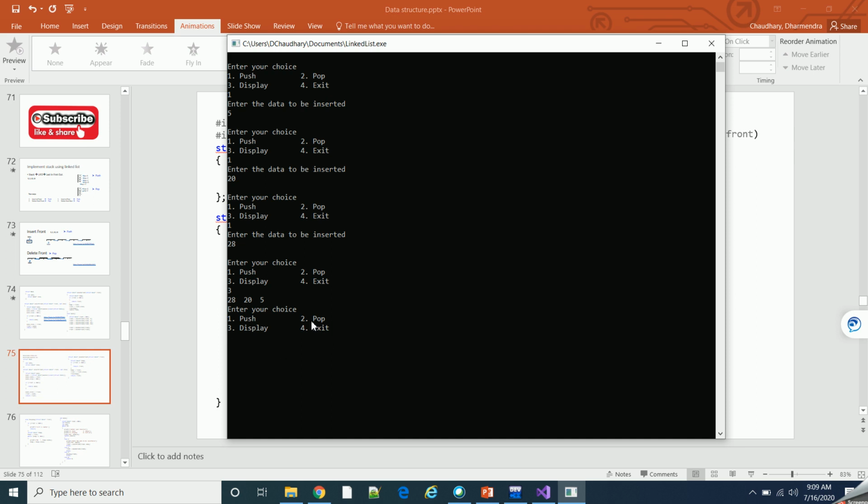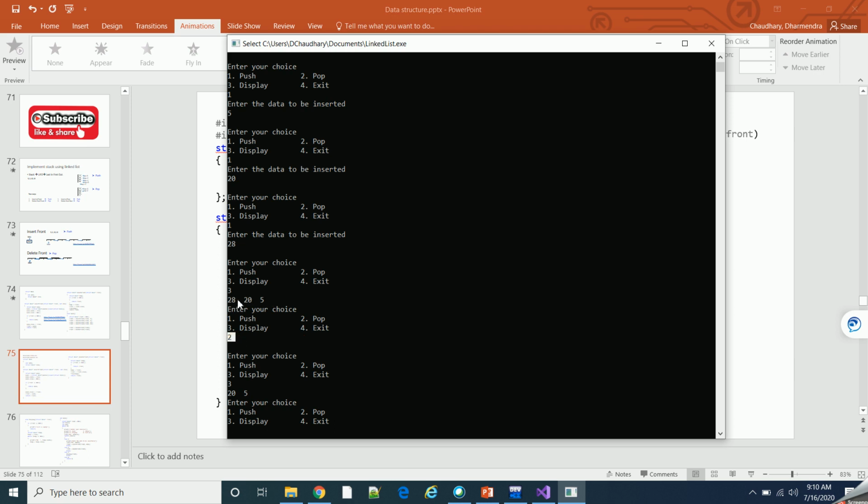Okay, now I want to delete an element from this stack, so the option is 2, so I'll say 2. What will happen now is the data is deleted from the stack, and now I want to display the data, so I'll say 3. If you see over here, 20 and 5 are displayed. Earlier, 28, 20 and 5 were displayed. So by giving this 2, we have deleted an element.